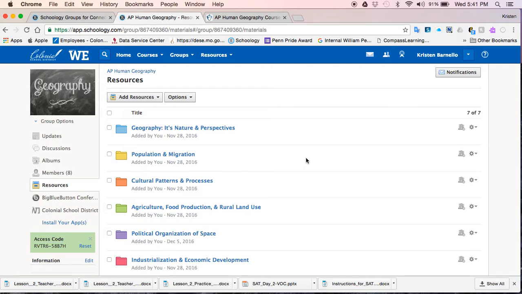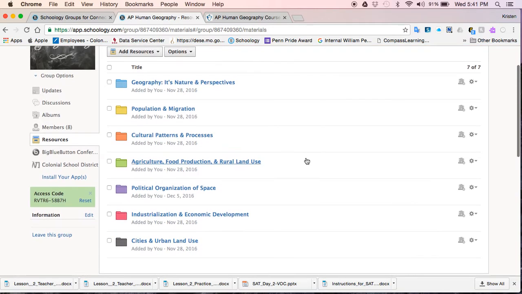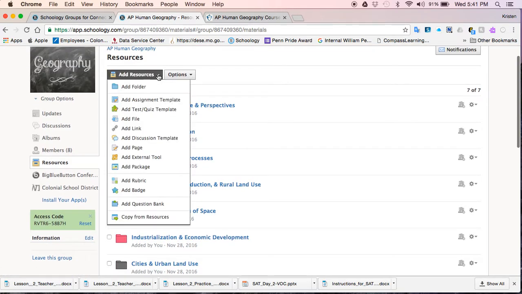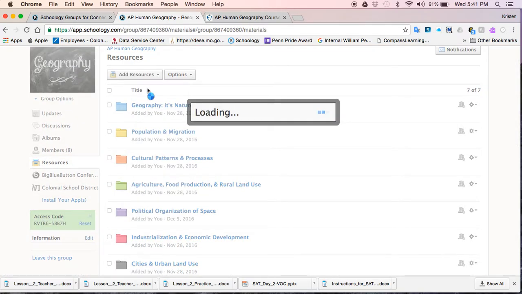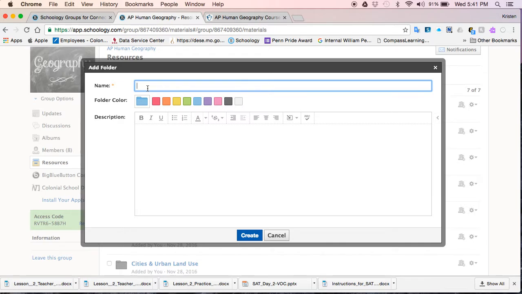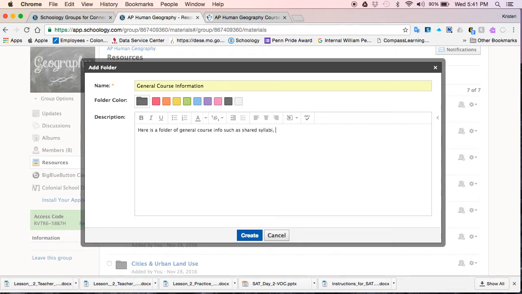Okay, so the first thing we're going to do is, you want to go ahead and set up some folders in your group. And even though I have some here, I'm going to go ahead and add another one just as a model. So I'm going to add folder, and I'm going to call it just general course information. Okay, there we go. Here is a folder of general course info, such as shared syllabi,